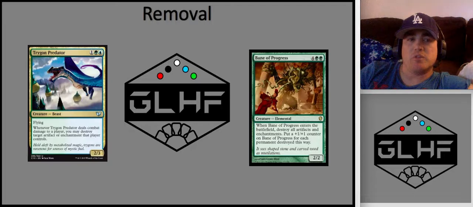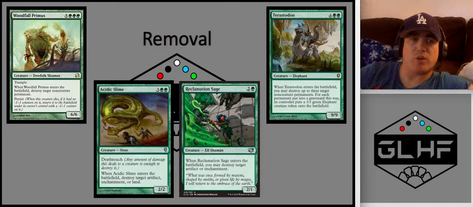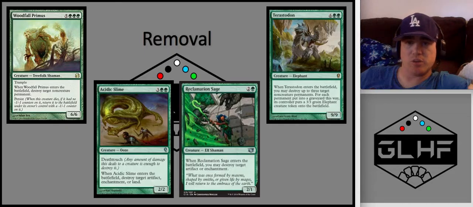Then we move into the removal suite. So the removal suite, we have Tygon Predator and Bane of Progress for a little targeted artifact and enchantment removal, and then a wipe of artifact and enchantment removal. Then we have Trossodon, Woodfall Primus, Acidic Slime, or Rex Sage. So Rex Sage, Acidic Slime, more enchantment removal, and then